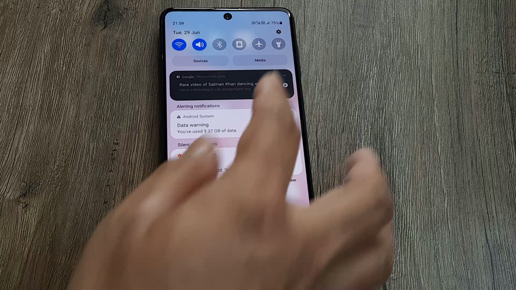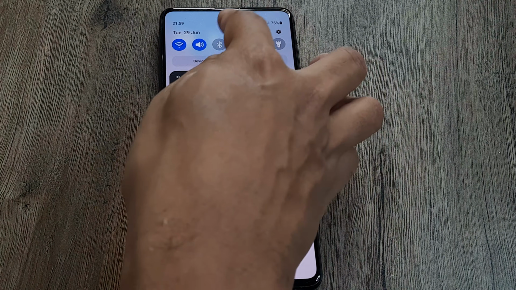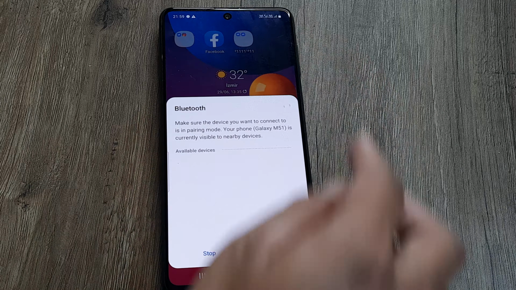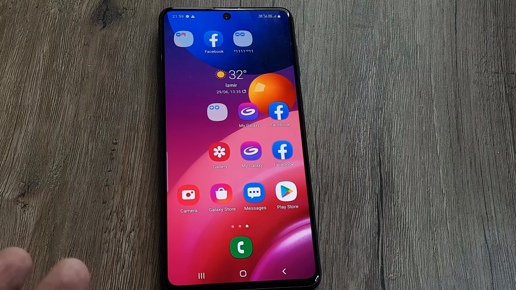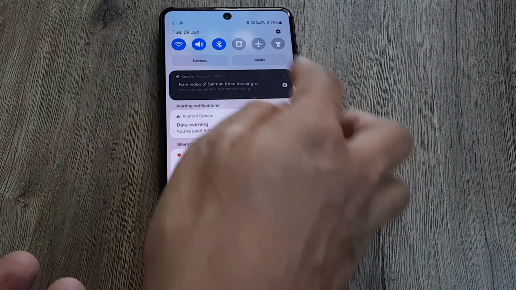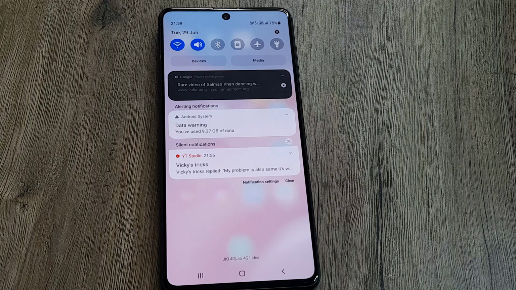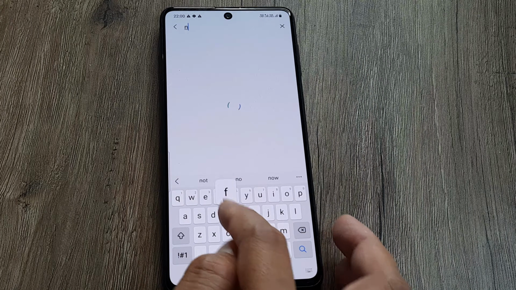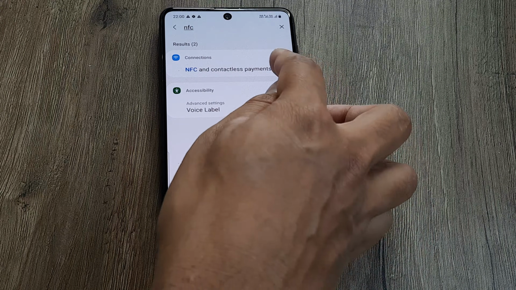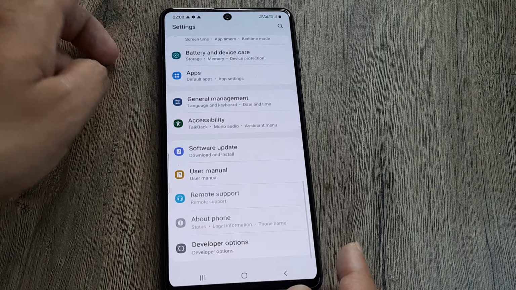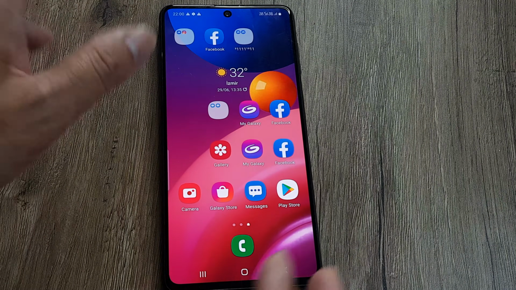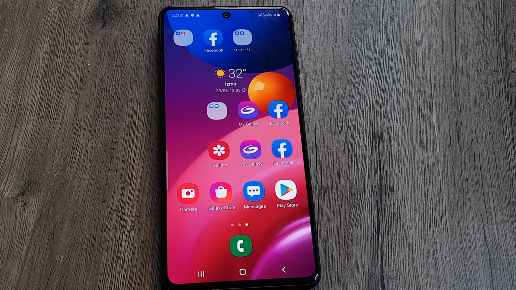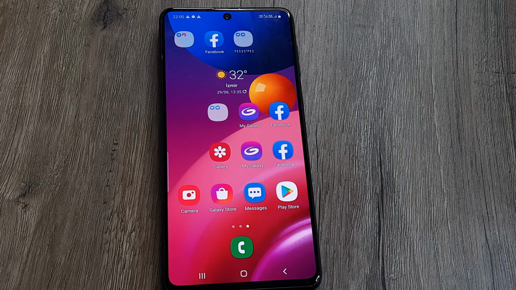Also, it's important that you turn off your Bluetooth. In case it's turned on, just turn it off, because sometimes Bluetooth and NFC can create certain network issues. Also, in case you have NFC, not all devices have this, you can turn this off as well and you should be good to go. Now, having full networks and signals, you can go ahead and make calls.